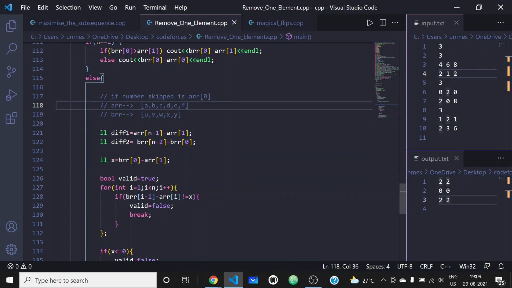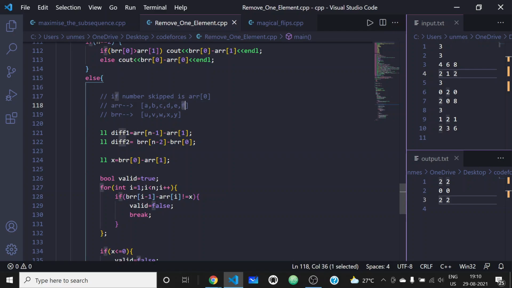It won't be a difference between the first and last element, because the element skipped was not in between, right? If it is a difference between these, then it will obviously be smaller than the difference between the first and last element.